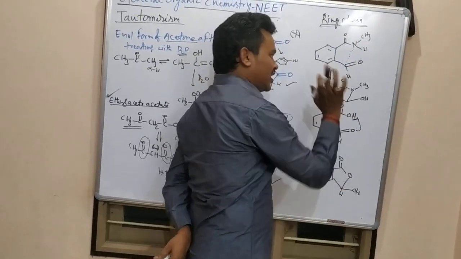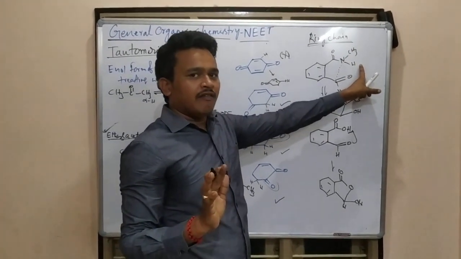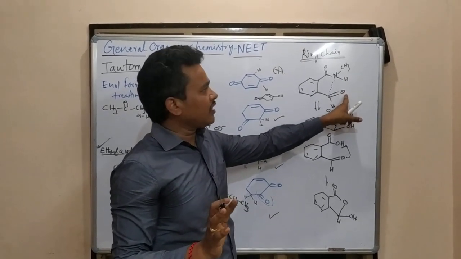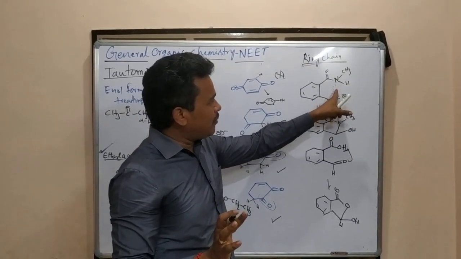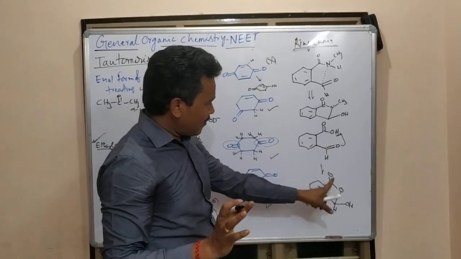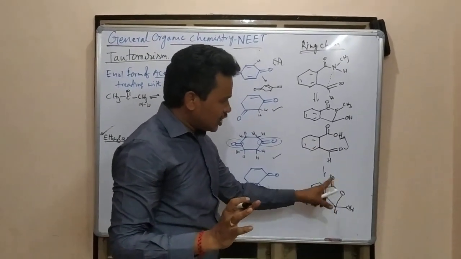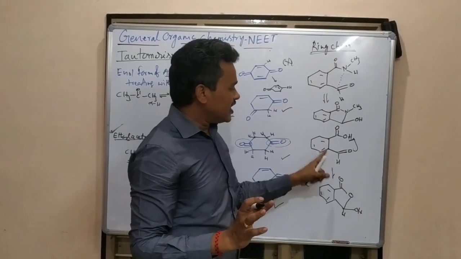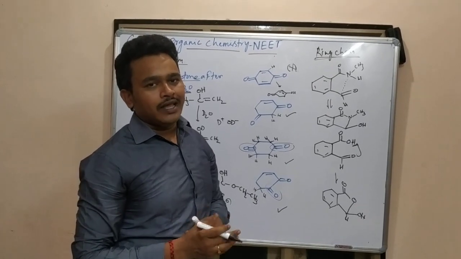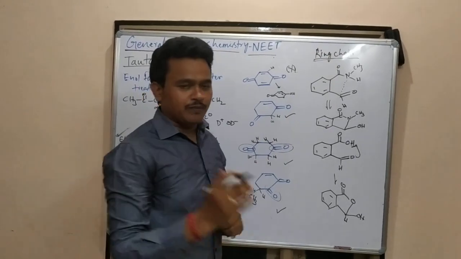So what is this? Ring chain tautomerism. Here also tautomerism is taking place. Here H is going to migrate from the acidic group to the keto group. From which side the hydrogen jumps, only there the bond is forming. Here also, from which side hydrogen is moving, only there the bond is forming. That connectivity is there. So I am saying this is ring chain, because a ring is forming in this tautomerism. That is the deep explanation about tautomerism. This is important for the NEET examination. Okay.